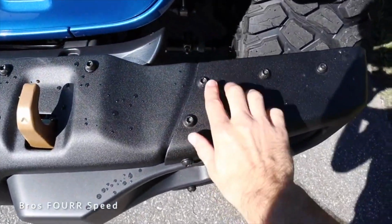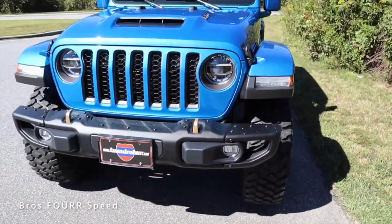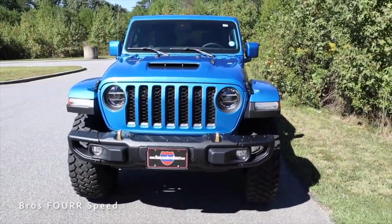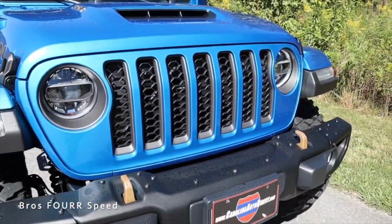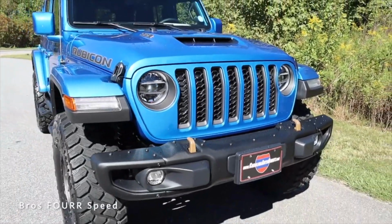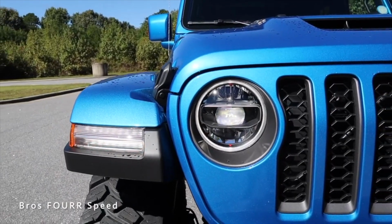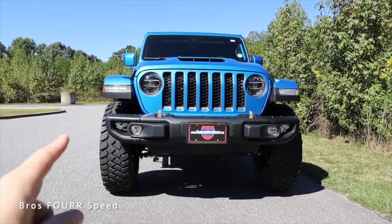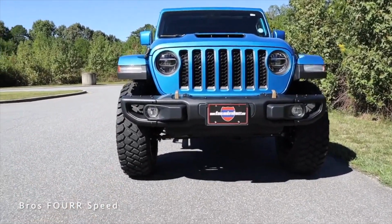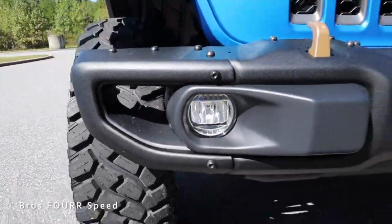The 392 also gets a lot of these gold accents that you can see on the tow hooks for this front bumper. There's also some of that trim in the grille up front. And aside from that, it's going to be very similar to the 4xe. So Jeep is known for having that grille design along with the headlights, having the turn signals over on the fenders as well, even having fog lights down in the steel bumper. So the bumper is going to be a little bit different. It is steel on this 392, and you have some areas where you could actually take this off